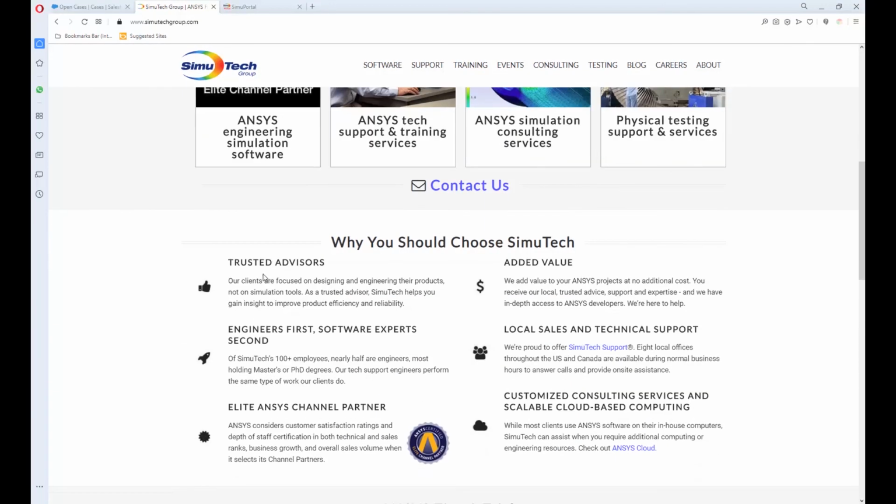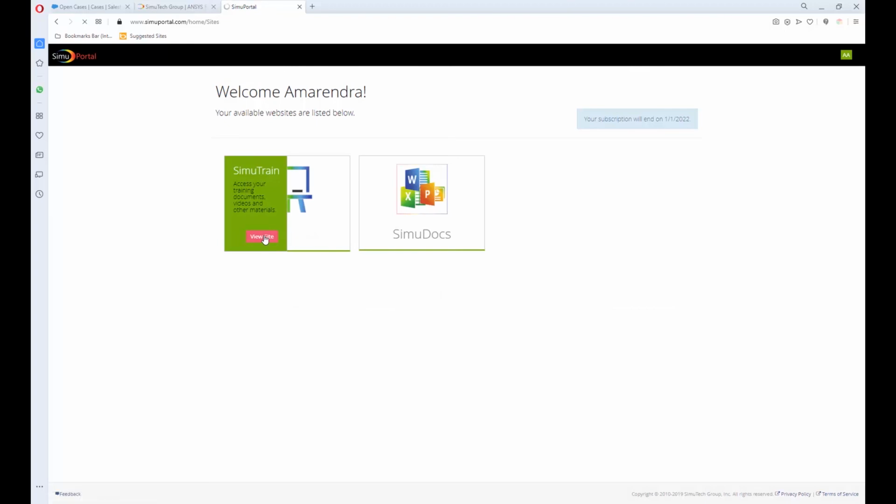Our main goal is to be trusted advisors to the customers, and we want to give you the ANSYS tools such as shown with explicit dynamics, LS-DYNA, static structural, whether it can be Pro, Premium, Enterprise, doesn't matter. We want to be trusted advisors with you, and we want you to save money on prototyping cost as well as time in product development. So we give you a variety of options, such as first thing is SimuPortal,